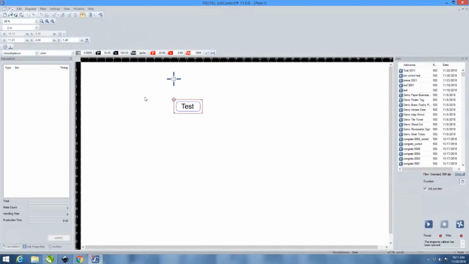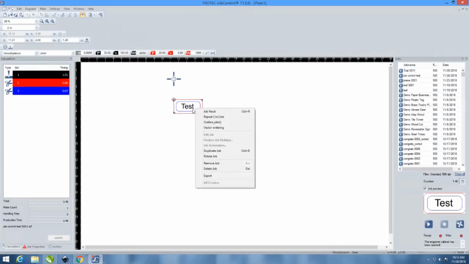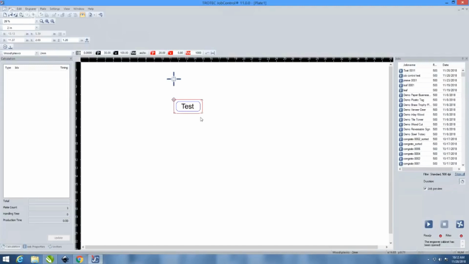Do we have the cut options, the Job Control cut in here? Yeah, so what Lev is mentioning is, Lev, is this what you're mentioning? You right click on this and you can repeat the cut line, or just only the cut line? No, I was talking about the new features of Job Control 11, but yeah, you should show that as well, outline jobs. Right, so